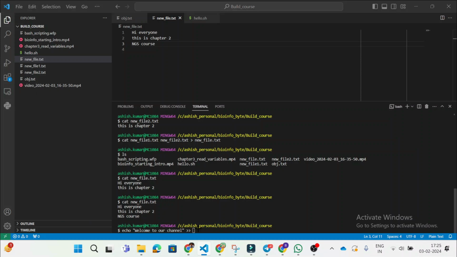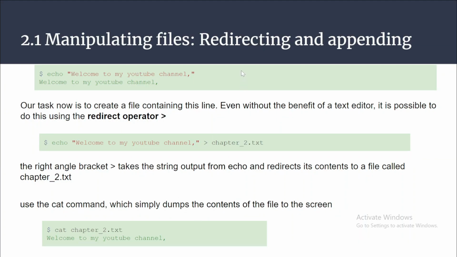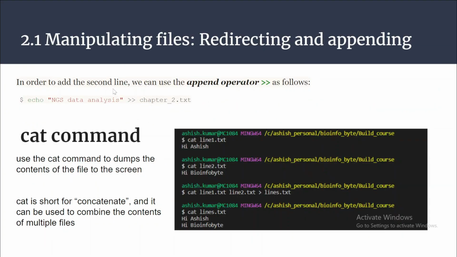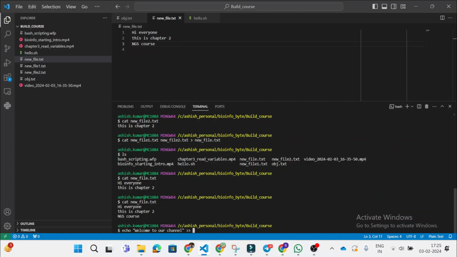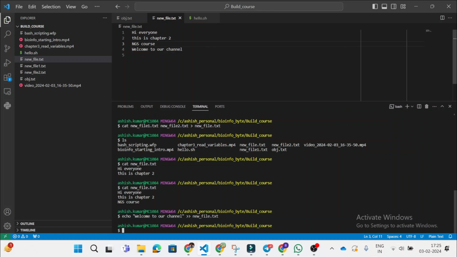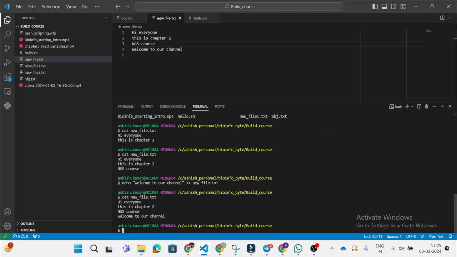We have discussed this: redirect is with a single greater than sign, and when we're dealing with append, we have to provide a double greater than sign. So we provide the double greater than sign and then the file name, that is new file.txt. Now if I do cat again, I have 4 lines in new file.txt: hi everyone, this is chapter 2, and course, welcome to our channel.